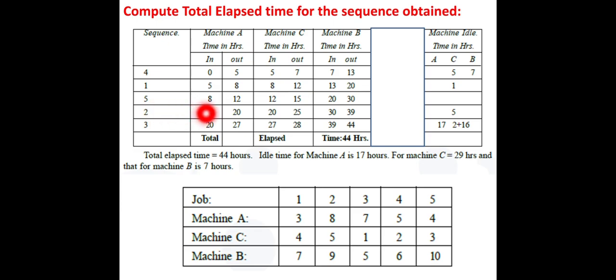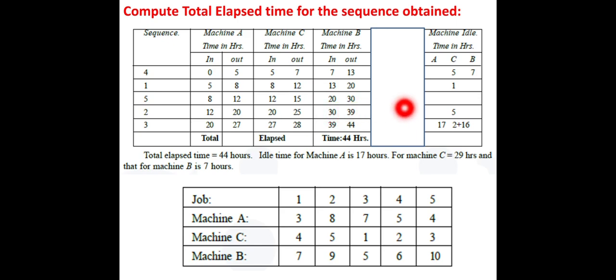Next sequence job is job number 5. So it will enter at the 8th hour. For job 5 at machine A it is 4 hours. If you see, 4 hours, so 8 plus 4 is 12. So again 12 and 12 are compared, that is the out time of job 5 in machine A and the out time of job 1 at machine C. Whichever is maximum is written as the in time for machine C. So 12 hours, so 12 plus 3 is equal to 15. 15 and 20 are considered, so 20 is maximum, 20 is taken here, so plus 10 will be added to that, which is the processing time of job 5 on machine B. So 20 plus 10 will be